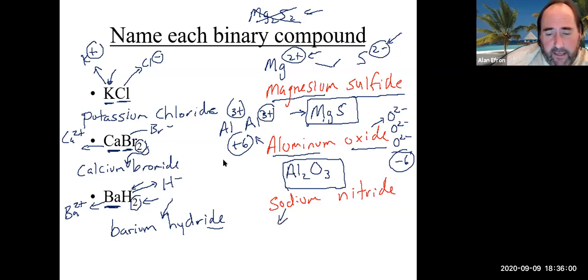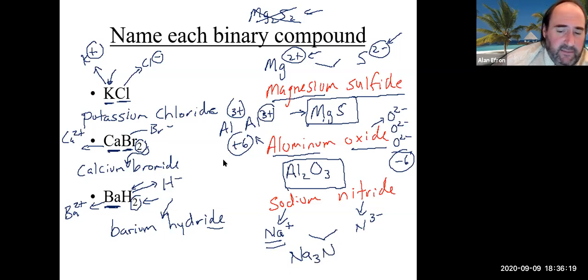Sodium is group 1, which means it has a +1 charge. Nitrogen is group 5, which means it has a -3 charge. So when we put this together, we actually need more of the sodium. We need 3 of them to balance it out, and we should end up with